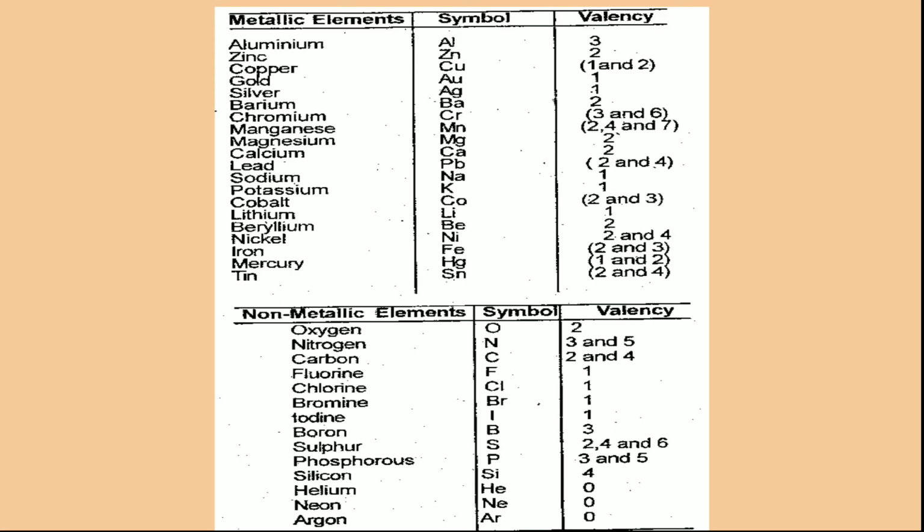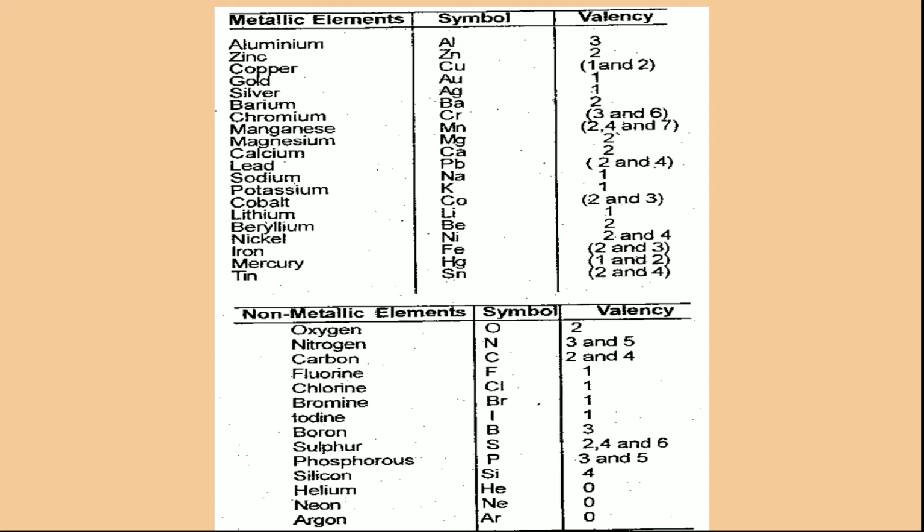Then oxygen, these are the non-metals. Previously they were metallic elements. Now we are coming to non-metallic elements. Here oxygen O has 2, nitrogen N has 3 and 5, carbon C 2 and 4, fluorine F 1, chlorine Cl 1, bromine Br 1, iodine I 1, boron B 3, sulfur S